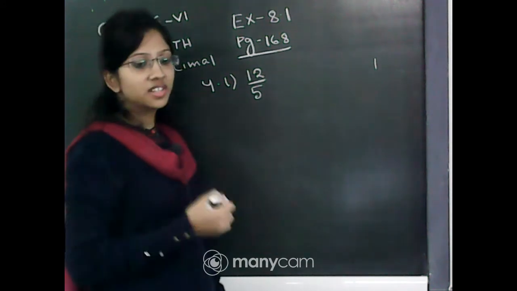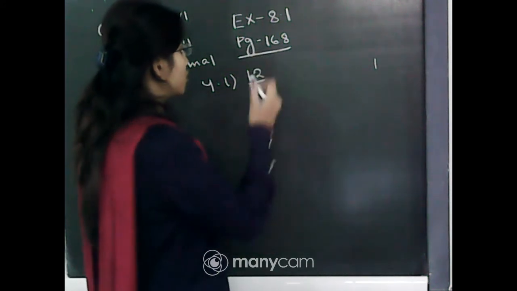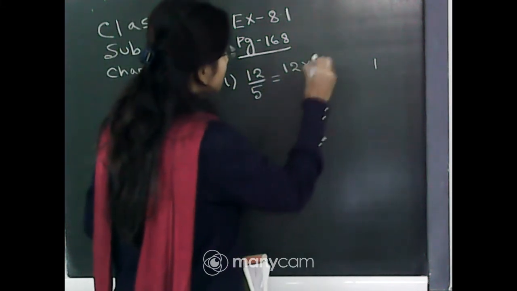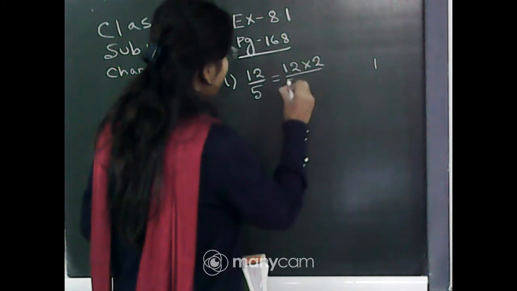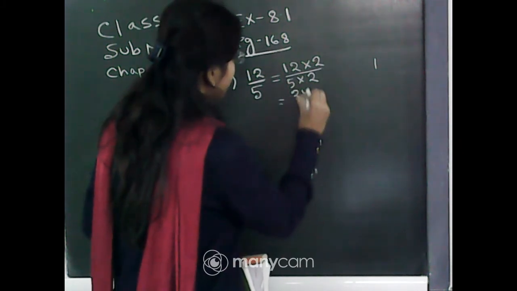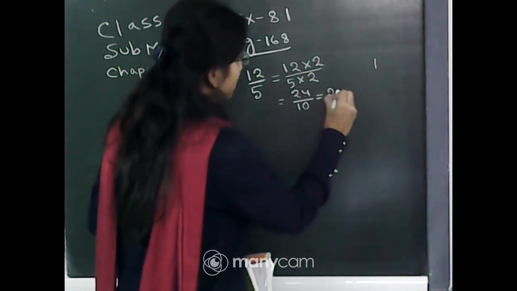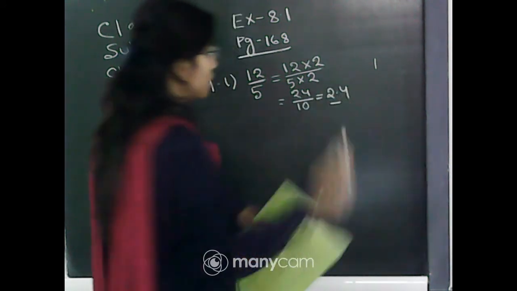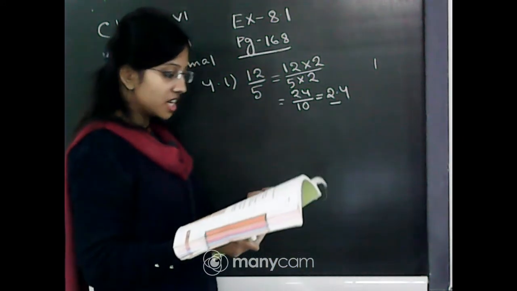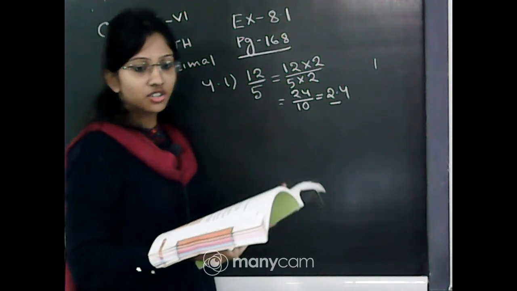Therefore, to make the denominator 10, we multiply both the numerator and the denominator by 2 and we get 24 divided by 10, and therefore, the required answer is 2.4. Okay. Next, 4j, we will convert the improper fraction 3 whole 3 by 5